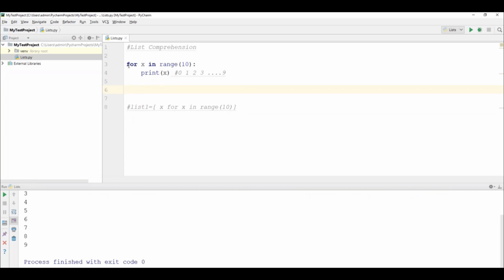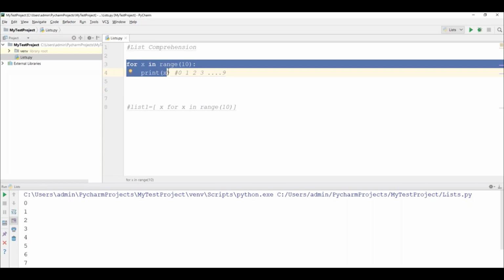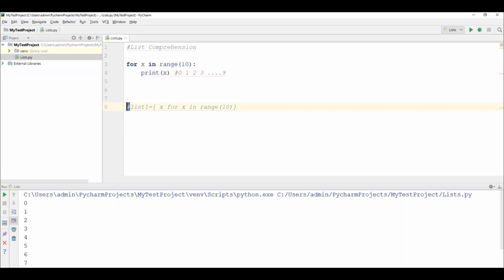Now what I want to do is store 0 to 9, whatever values this loop is returning. I want to store all these values in a list variable. So how can we do that? I can just specify the same thing in the list variable. Now I'll create list1 is equal to. So here, don't specify any variable for now. I'm directly writing for x in range 10. So every time this will store the value in x, right? So again, I'm going to store that x value into one more variable here. That's the reason I put x here.